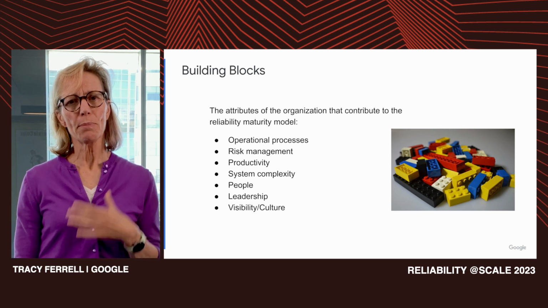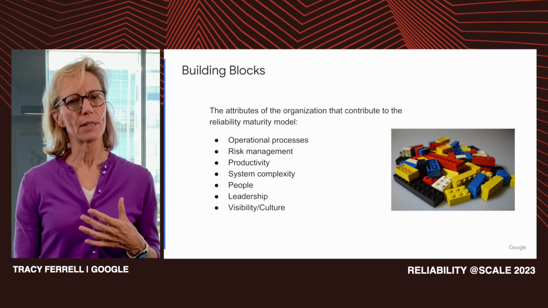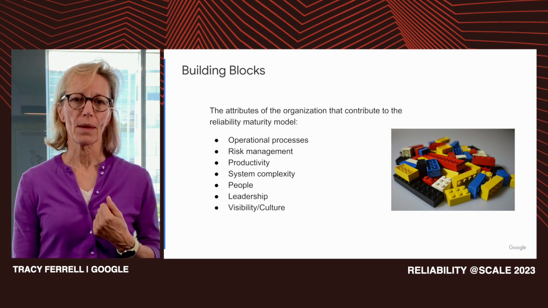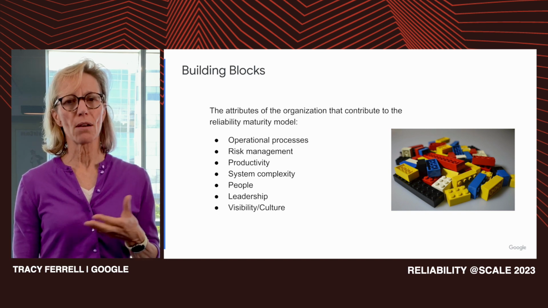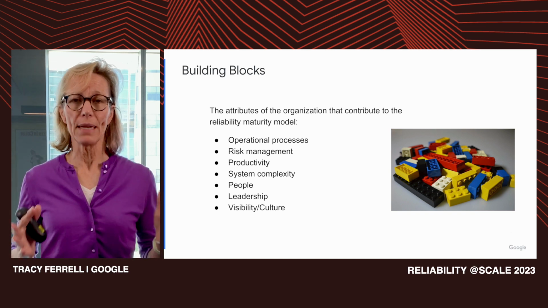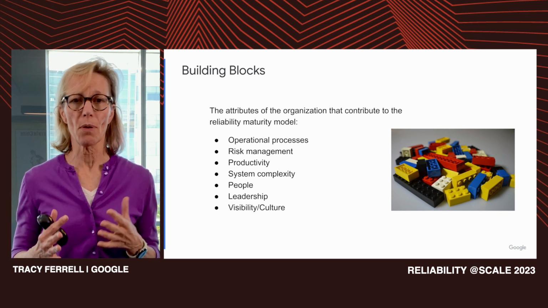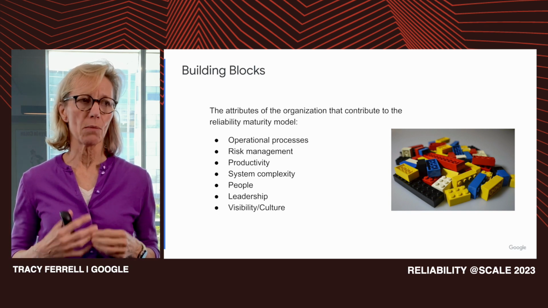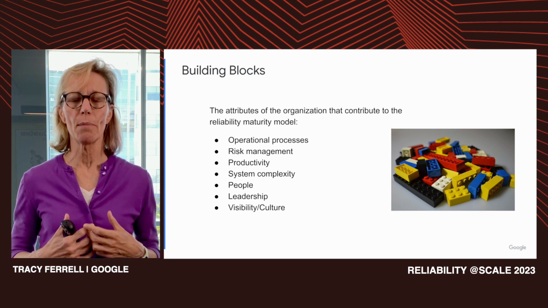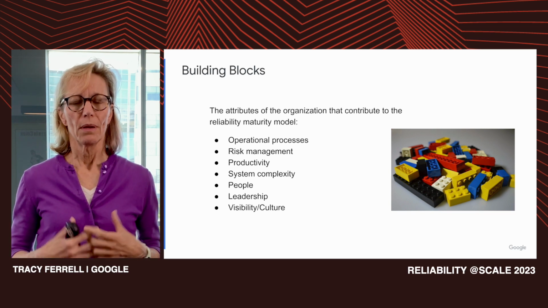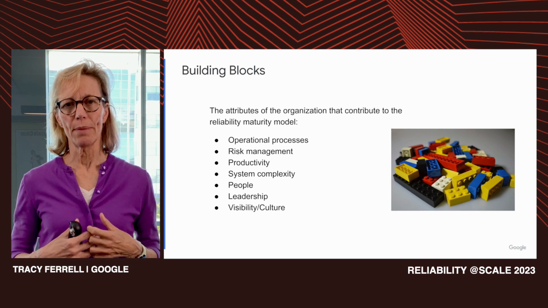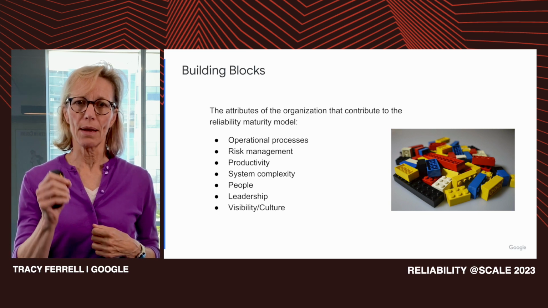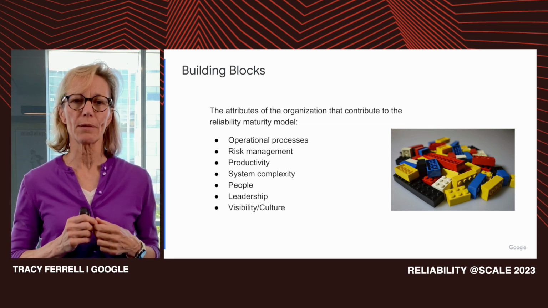Productivity. What's the perception about developer productivity and the impact that all the reliability efforts have on that velocity? System complexity. This is obviously the architecture of the system, but it's also that dependency graph, both upstream and downstream from the product. People. What are people's values concerning reliability, and what are the team ethos about how they engage in reliability? Leadership. What's the commitment of leadership across the organization to reliability? And this can't be siloed in just one team like the SRE team. It's like, what's the commitment of leadership across all those organizations that I talked about earlier?